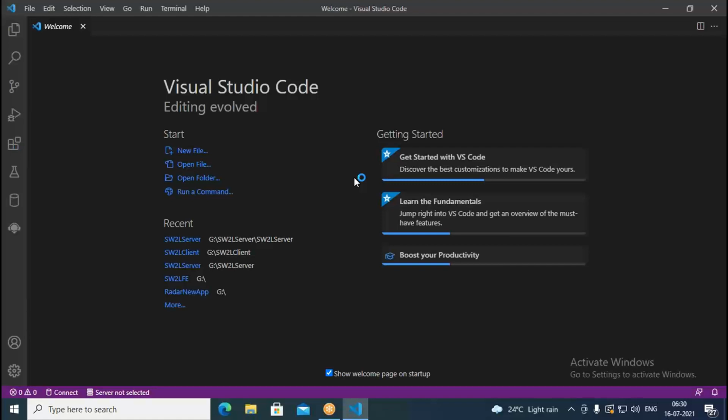So Python you can use as an object-oriented language. In Python, everything you can treat as an object with its properties and methods.